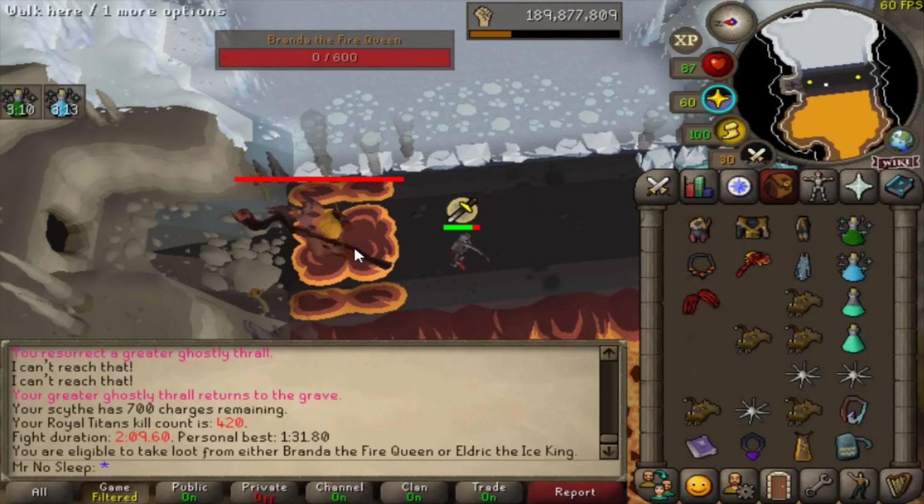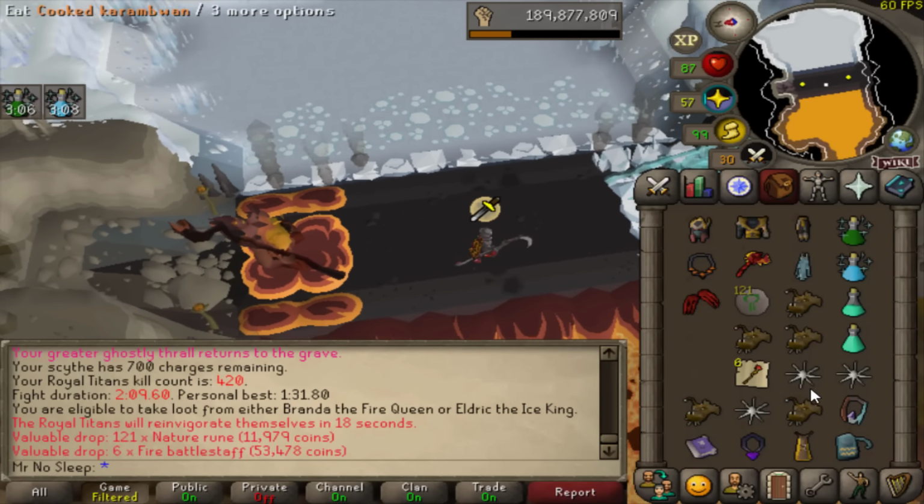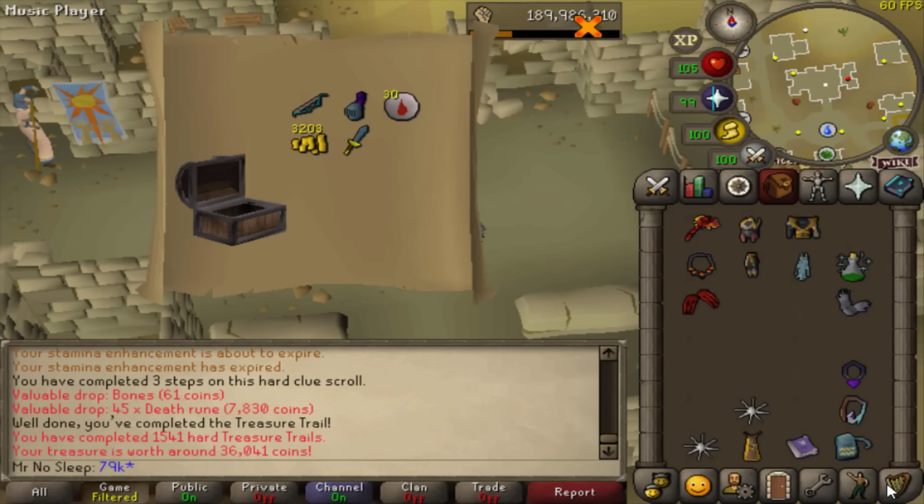But with that being said, Blunts up 420 KC overall. We will happily take it. And of course, another clue, you know, why not? 44k from that one. Using the Desert Amulet definitely sped up this video, as well as using Thralls with my